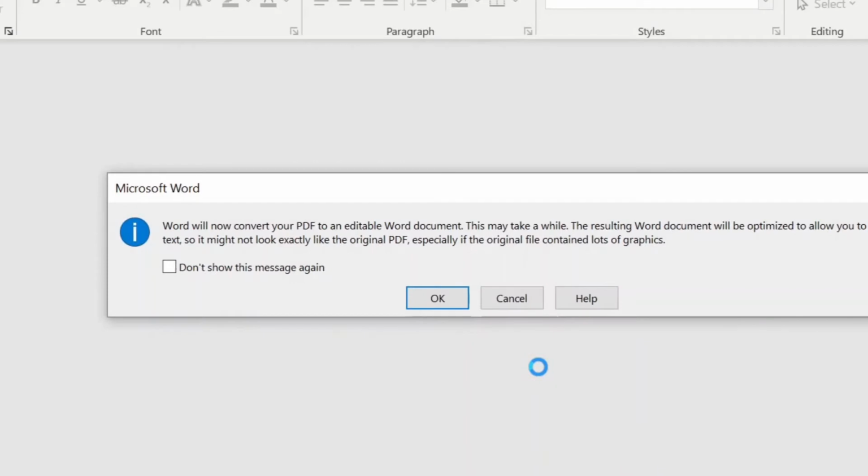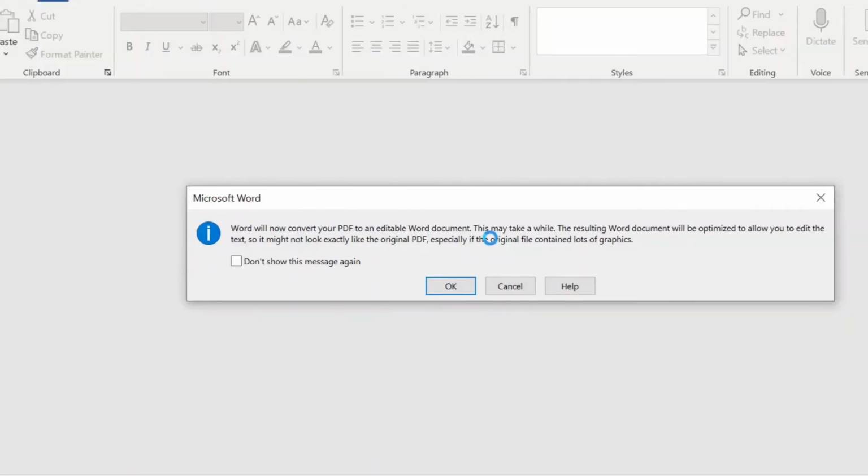As we got the dialog in the previous PDF, we are getting the same dialog now. I am clicking OK. Usually it may take some time, so you have to wait, and then Word is able to convert the PDF file without any issues.